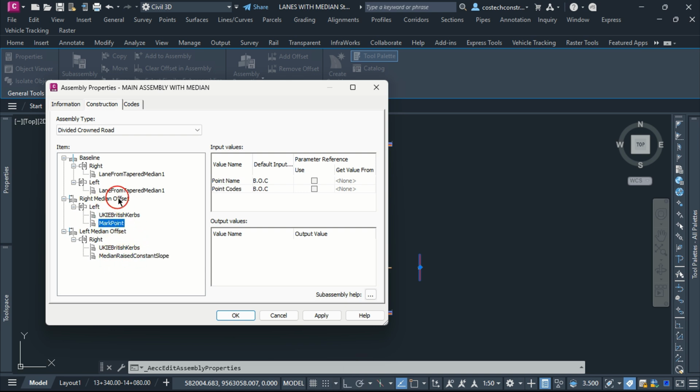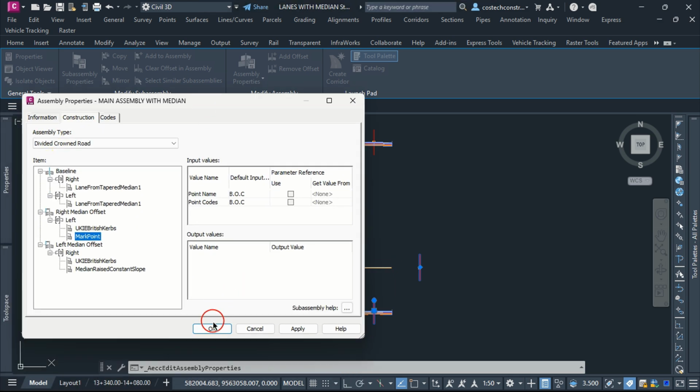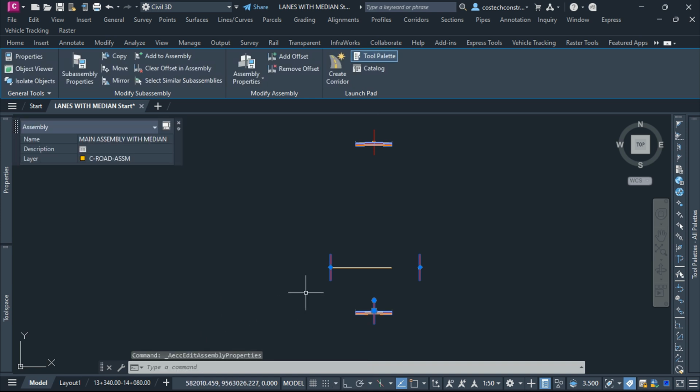This can be achieved by first creating the right median offset assembly, then the left, and attaching the median at this side, then assigning a marked point at this back of curve, then giving it a name, copying this marked point name to the median again. Press OK to continue. With our median defined,